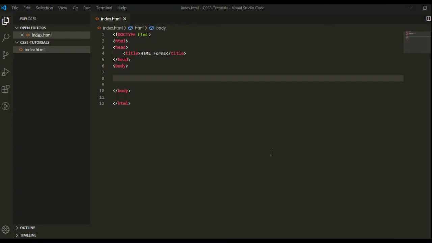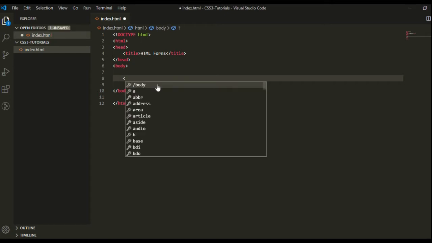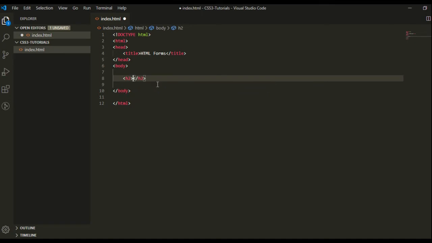So here we have a basic HTML code. Now I'm taking some HTML elements here, like h2, a heading tag, and giving some text inside it.